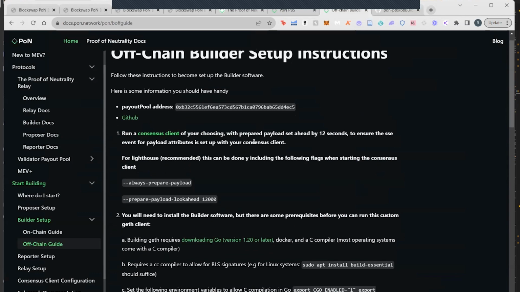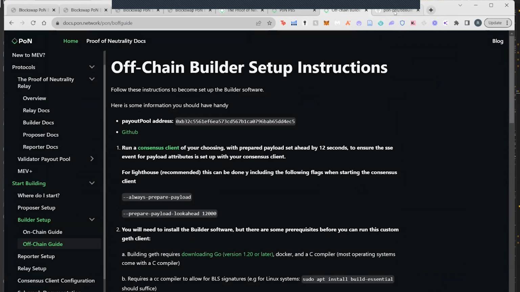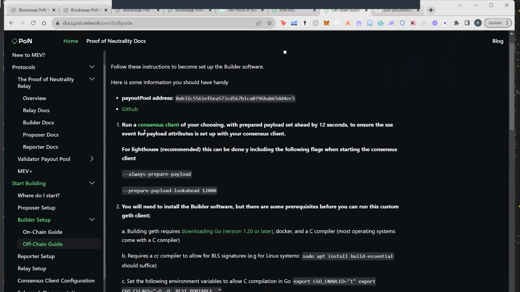So going back to the documentation, how to run off chain, you basically need this builder variation of Geth for PON and a consensus layer client of your choosing. The introduction of withdrawals requires that blocks built for the chain include a list of withdrawals for that specific slot or block in this sense. And so gracefully, this information, this data is provided at the point at which the slot more or less is about starting, to which the consensus layer client can begin within its own builder API, if you're using Lighthouse, for instance, begin producing a block ready for